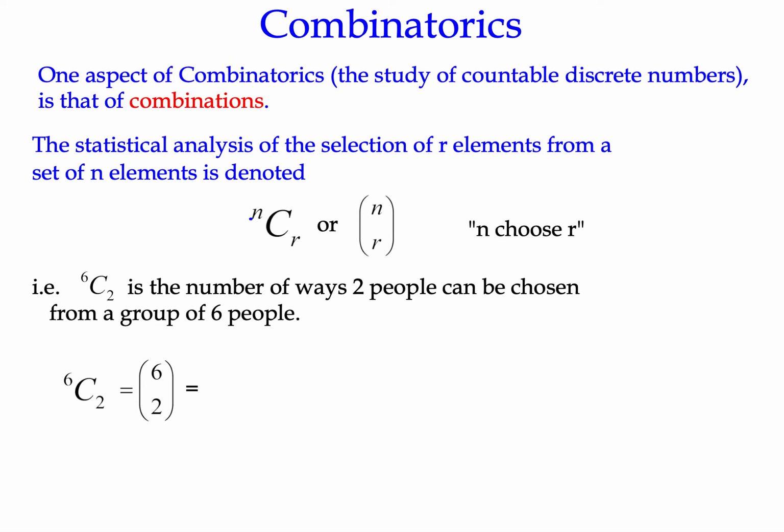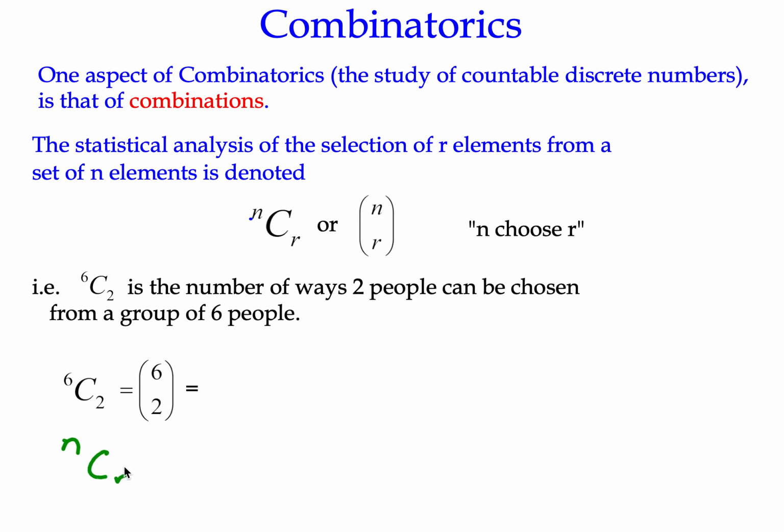So there are fewer combinations than what we call permutations. So what you need to do to get 6 choose 2, I want you to get your calculator and I want you to find the button that will say, it might actually say NCR.